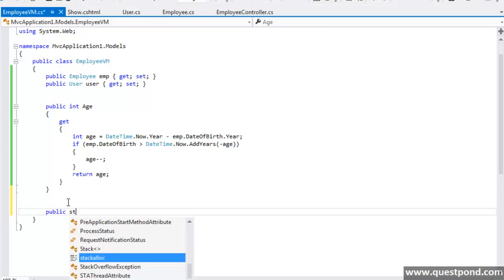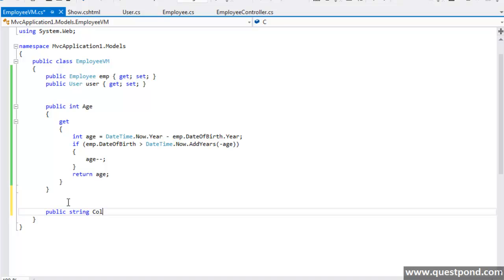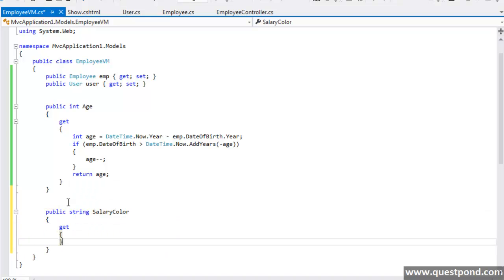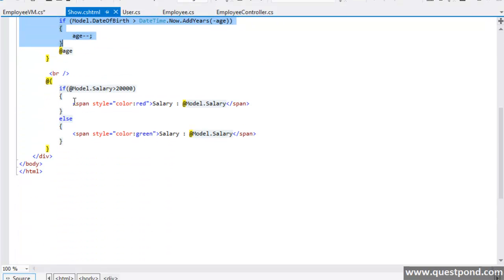We call it a string property. I will say color or whatever you want. Okay, I will say salary color. I will say get, and next we will go to our show.cshtml. Just copy this